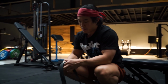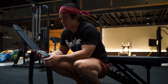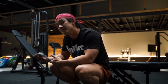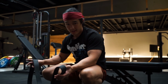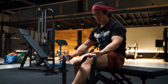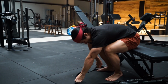This one is graded at about 45 to 55 kilograms, which I found to be quite challenging and heavy for me for this exercise, but you can get lighter ones as well, you can get heavier ones as well. I think a good set of bands will carry you very, very far when it comes to training at home or with limited equipment. So what we're going to do with this band, we're going to loop it around the back of our knees, and we're going to get into that exact same push-up position, except